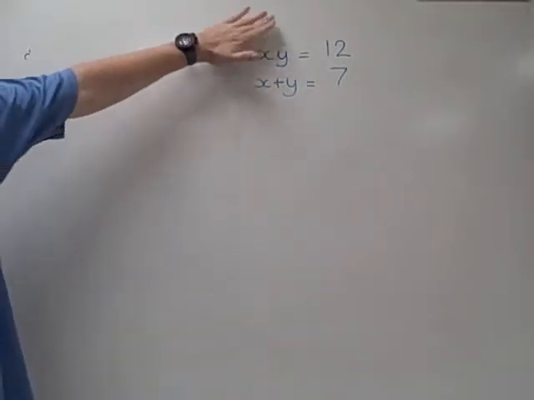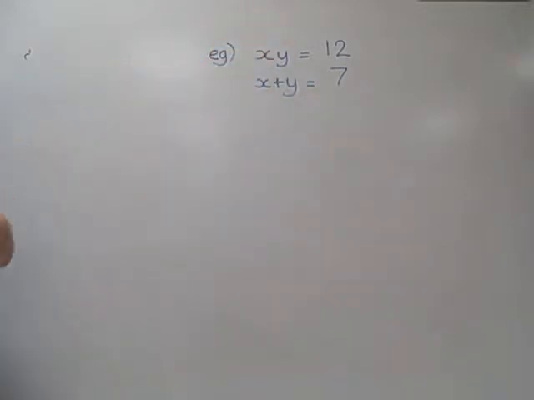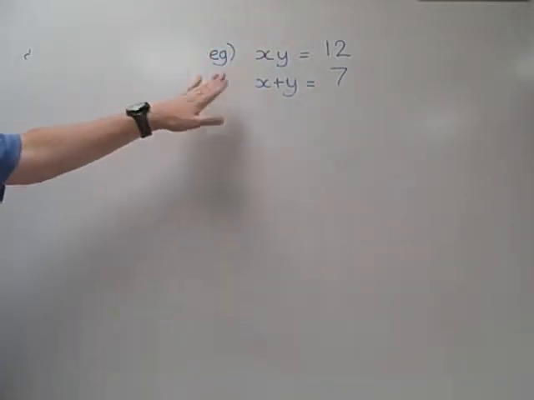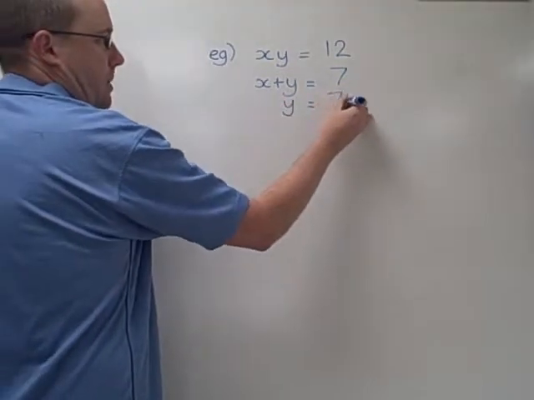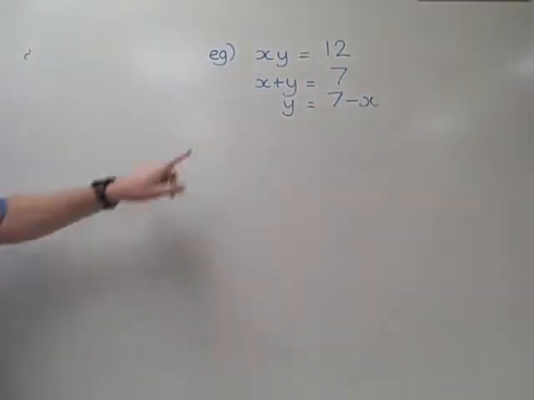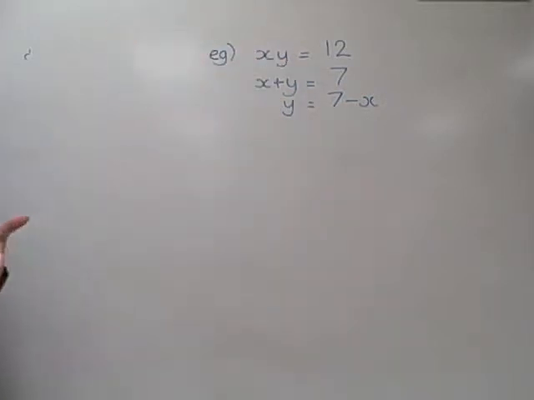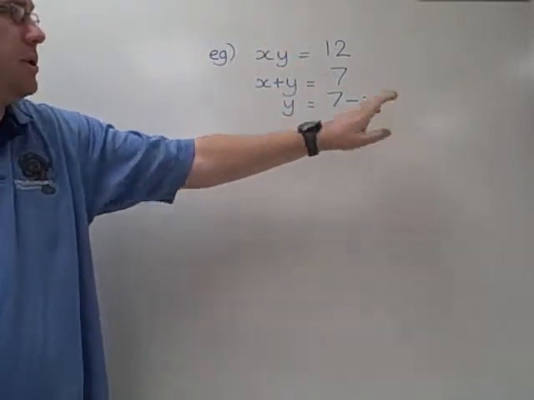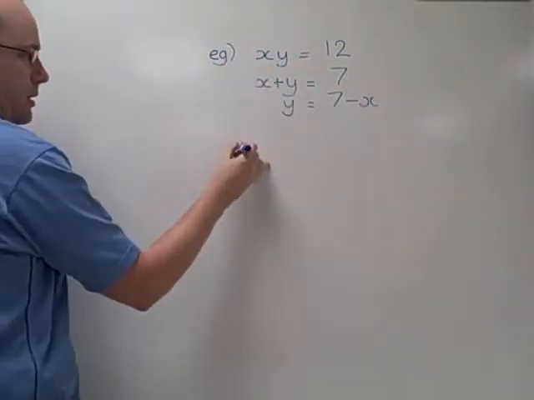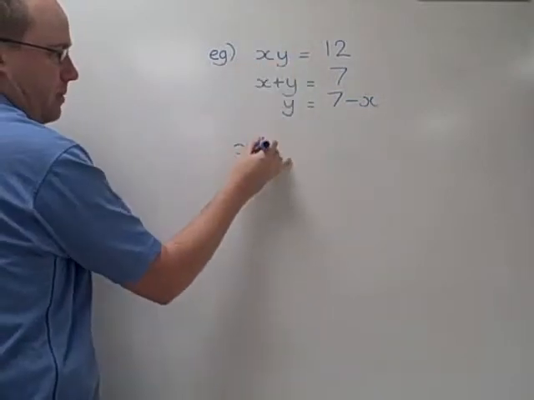Well, it's certainly not as easy to eliminate this time, with this being multiplication, but we can rearrange this equation and then use substitution. So if I solve for one of the variables, and it doesn't really matter which one at this stage, they're both just x and they're just y, so it's not like one's more difficult than the other one. Then we can use substitution. So wherever I see y in this equation, I'm going to substitute in 7 minus x. So x times 7 minus x